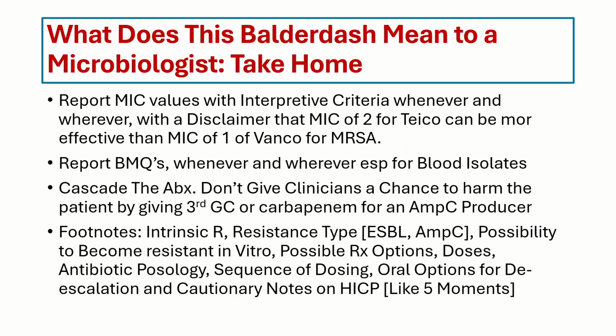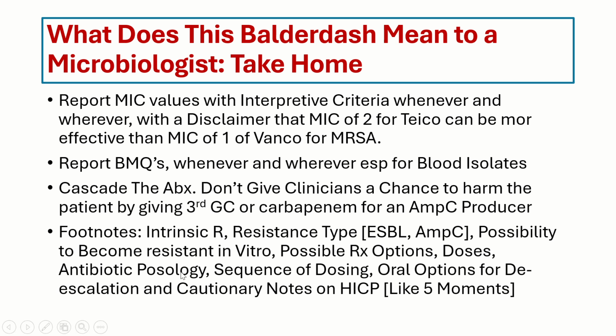Then what does this mean to the microbiologist? The take-home for them is to report the MIC values with interpretive criteria whenever and wherever possible, with a disclaimer that an MIC of 2 for teicoplanin can be more effective than an MIC of 1 for vancomycin in case of MRSA infection. So it does not mean that the MIC being the same, or more or less, could be more efficacious. It will ultimately depend on your breakpoint to MIC quotient, for which I have recently uploaded a video on my channel also. So whenever and wherever possible, report the breakpoint to MIC quotients, especially for the blood